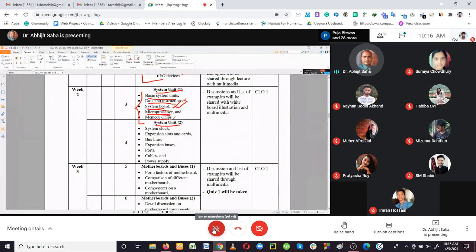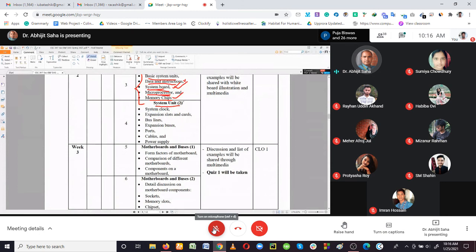And then we have the memory chips. We have RAM, we have ROM, we have CMOS. We are going to talk about them here. Then we are going to have the system clock. We are going to learn the system clock definition with an example. And then we are going to learn about expansion slots and cards. We are talking about the PCI slot, where we install the sound card, TV card, LAN card, and so on. External cards are installed into the external slots, the expansion slots. We are going to talk about them.